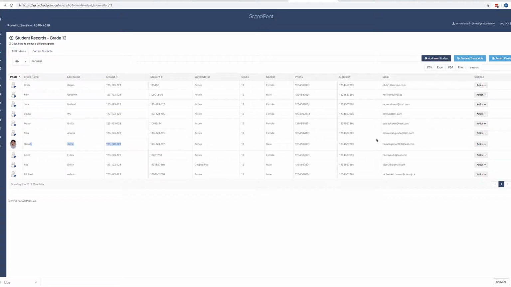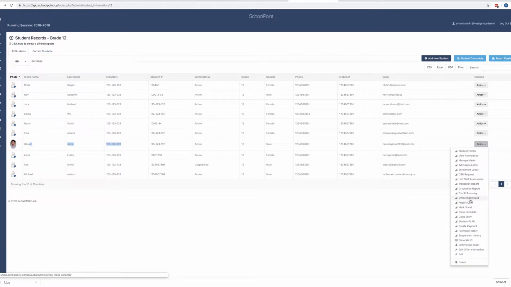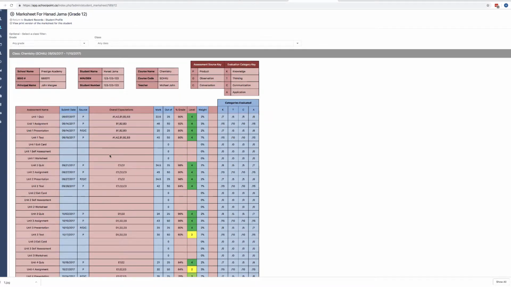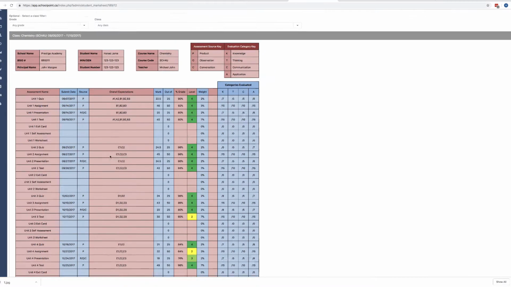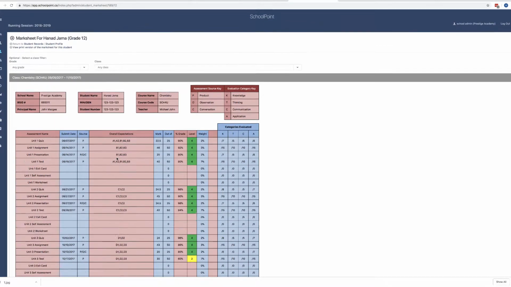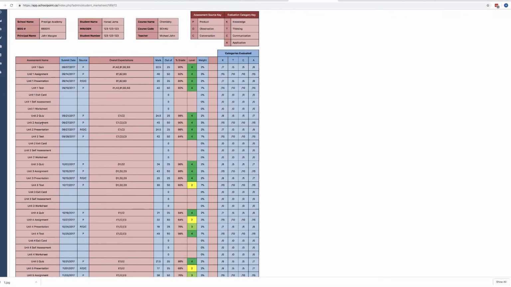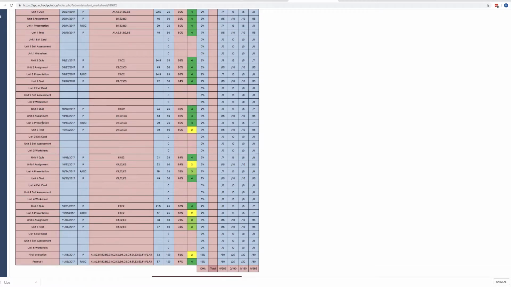And if I look at the same student, I'm going to look at also the indexes there, their mark sheet. This is very, very powerful. So anytime the teachers input the marks into the system, this software captures all that information in the background, and it's building what they call a mark sheet, which is going to be very good for your tracking of ministry requirements. So I'm here showing all the different tests and assessments we are able to do with this student,